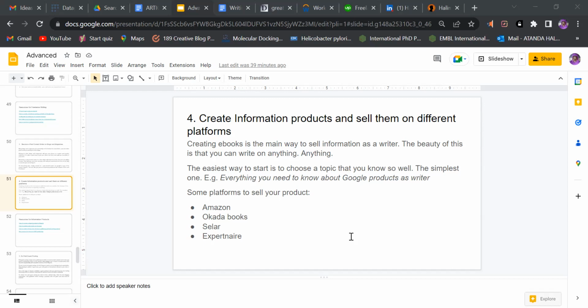So Amazon is, I try not to use the word almighty because I'm kind of biased to that word, but Amazon is something similar to Almighty because you can sell any kind of information.